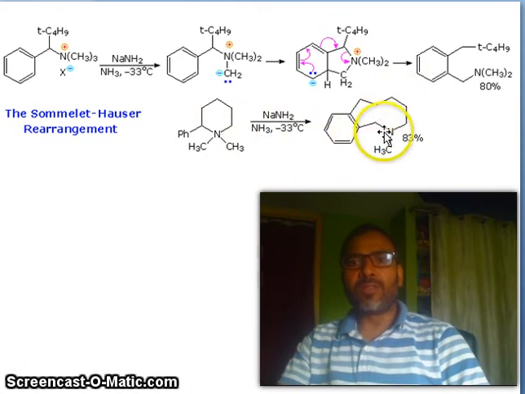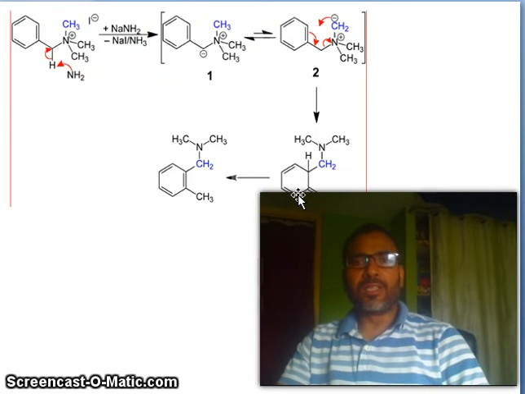How is it possible? You see this phenyl, the important role of the phenyl, and now you have CH3 CH3. So how many carbons? 1 2 3 4, 1 2 3 4, and here is the phenyl, and here is the CH3. This is Sommelet-Hauser rearrangement. So just concentrate on the formation of the nucleophile here. If you understand these portions, then your work will be easy. And then the arrangement, how it is arranging like that.